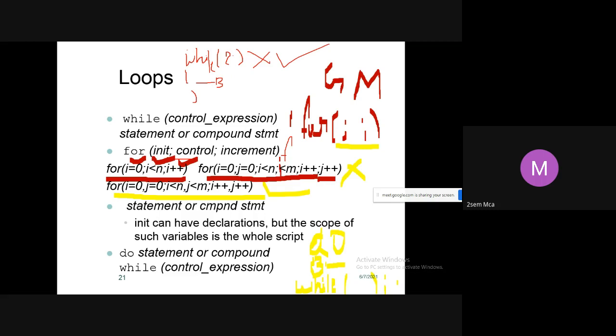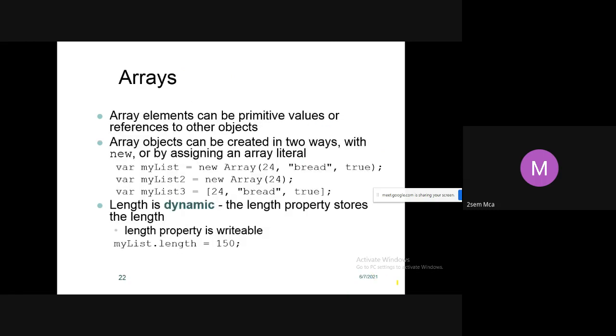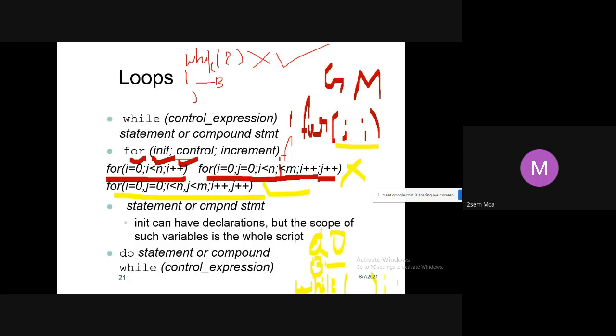That is the reason why we call this do while loop an exit control loop. While loop is an entry control loop. In while loop, if the condition is false, it will not go into the body of the loop; it will come out of the loop. Whereas in do while, though the condition is false, minimum once the body of the loop will be executed. Correct? Yes, ma'am.